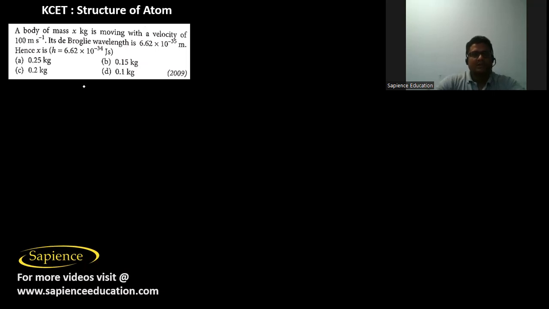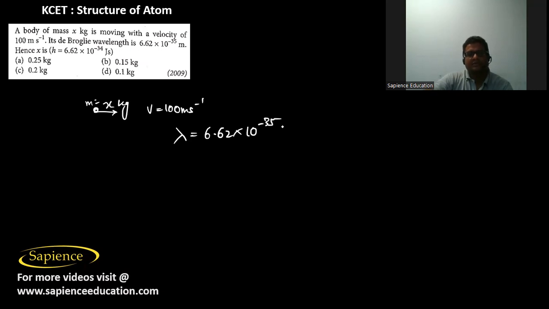Then here it is told a body of mass x kg is moving with a velocity of 100 meter per second. Its de Broglie wavelength lambda is equal to 6.62 into 10 power minus 35 meter. Hence x is how much? So we know the de Broglie wavelength